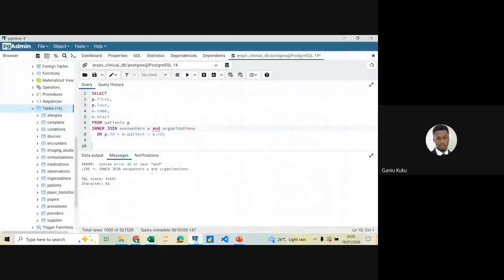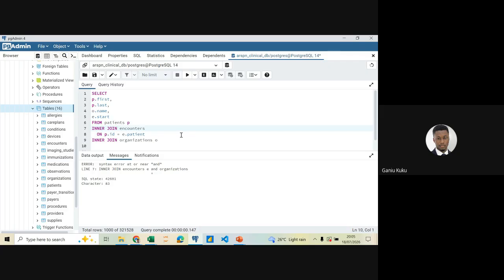But first of all, our syntax is wrong. So now let me correct it because of our time. I won't have time to be asking questions again like that. So encounters, we've done this successfully like this. When you're bringing in another table, whatever join you want to use, you state it again. Inner join. What does equals to signify in this syntax? By joining them, that's the relationship between both tables. So inner join, we're bringing in organization now. So we're going to inner join organizations, which is O,